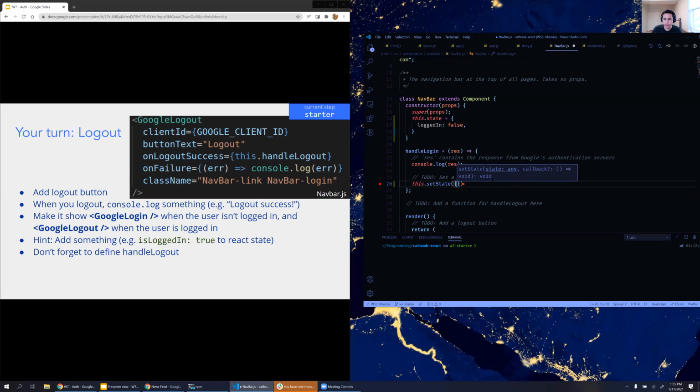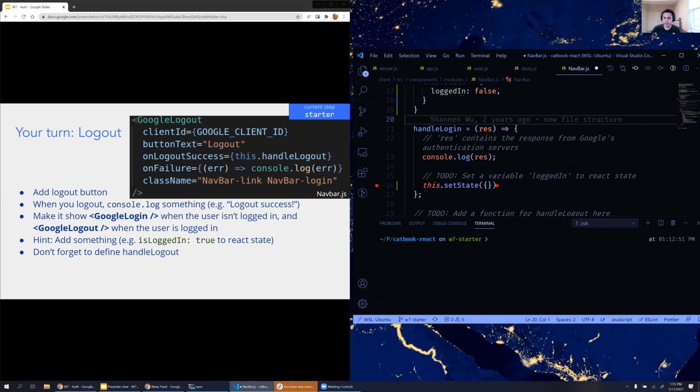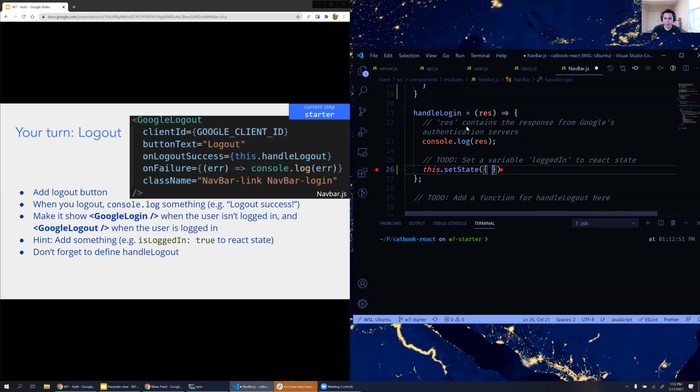Okay. So we're going to do something like, we wanted to have the same idea whenever we log out. So actually, yeah. So we want to create another function that handles logging out. So we do something like